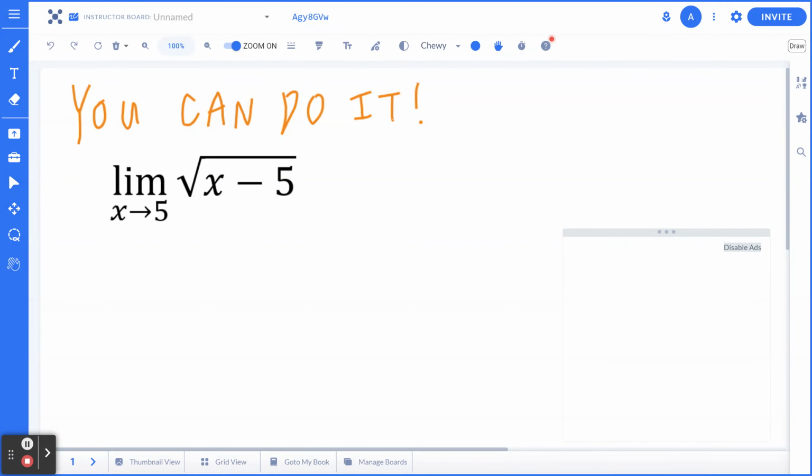Hi everyone, let's take a look at the following limit. Find the limit of the square root of x minus 5 as x is approaching 5. Now before we start, here is the most common mistake. Are you ready? One student may just plug in 5 and conclude that the answer is going to be exactly